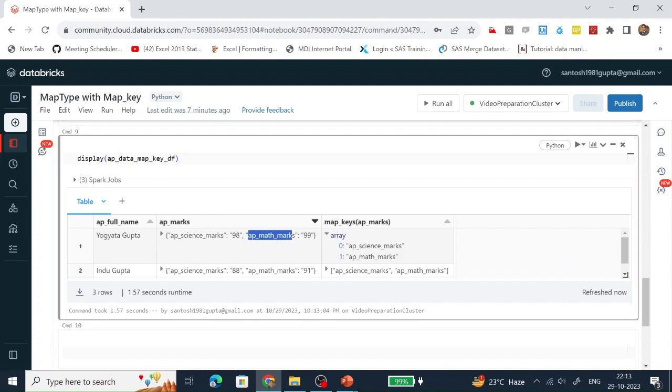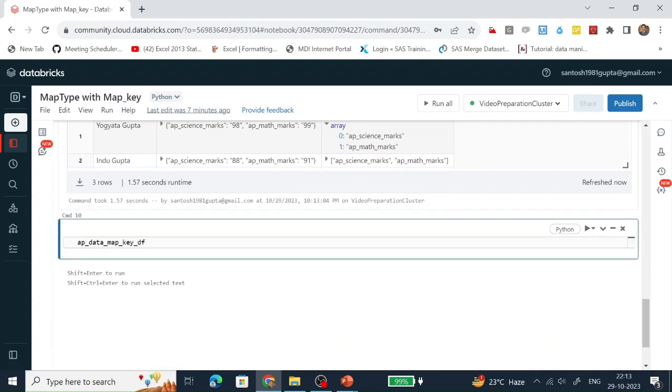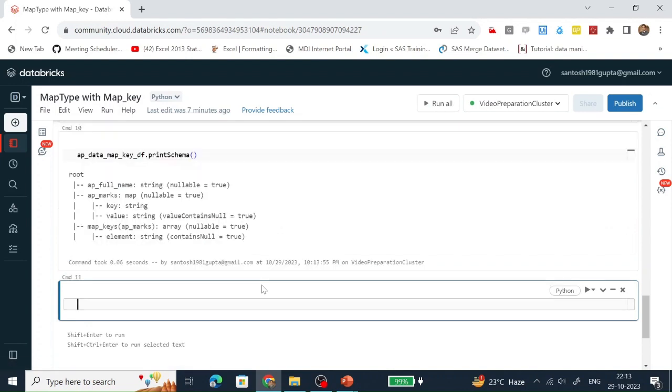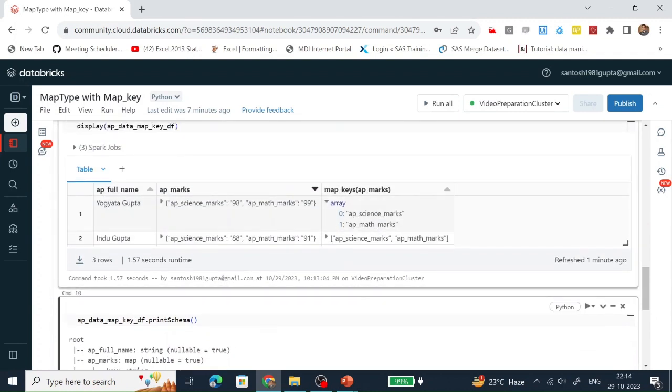Let's see the schema of the data frame which gets created. We can see AP marks is of map type, key is of string type and value is of string type. This map key underscore AP underscore marks is the column which is of array type, and the element present in the array is of string type. We can visualize it from here.